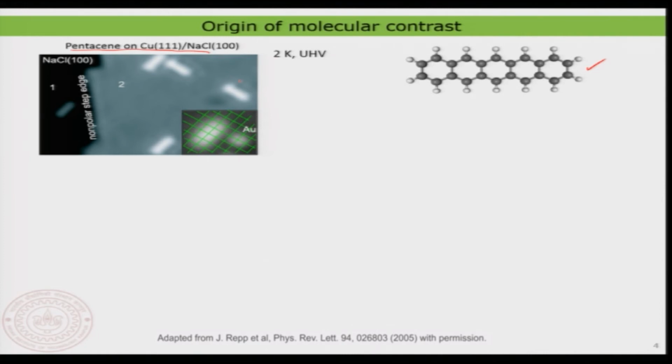You can already identify some pentacene molecules in the STM contrast. For an interesting reason, they first deposited a single layer of sodium chloride on the copper 111 surface and then put the molecule on top of it. I will also discuss why they did it like that, but let us only concentrate on the molecule right now. I can see the molecule here. It is nothing spectacular, because you would expect it to be a long molecule.